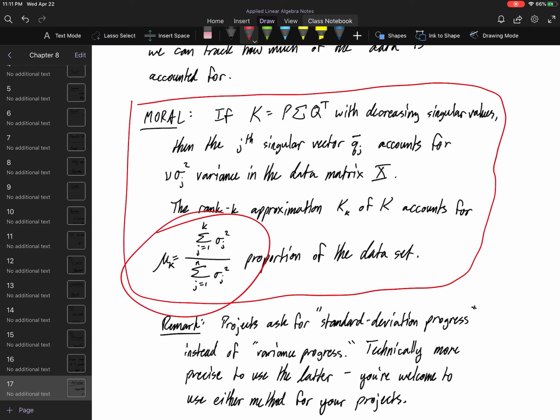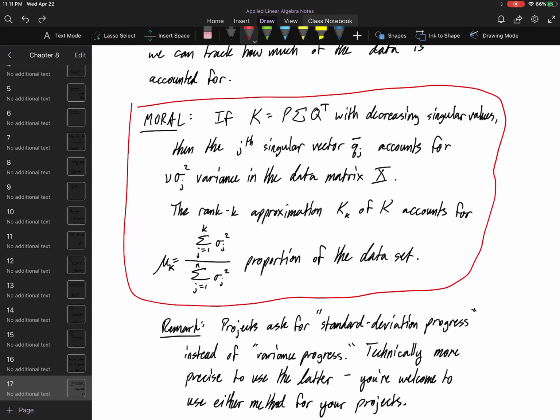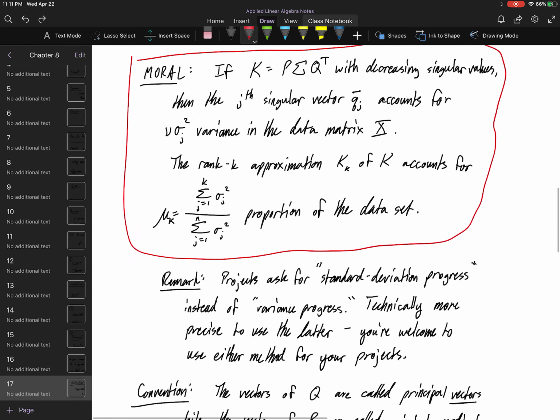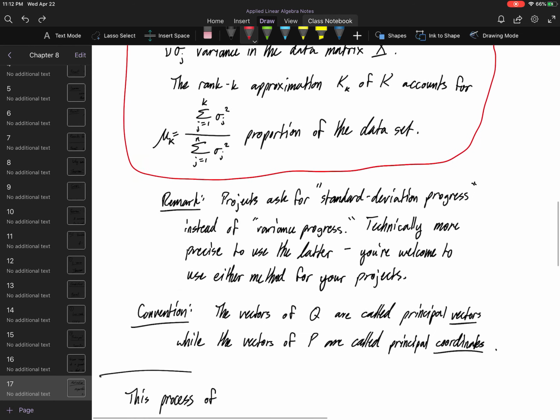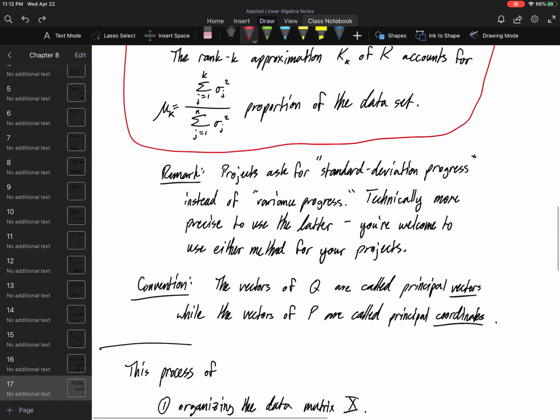So if you're asking for 50% of the data, 75%, 90% of the data, there's going to be a k that you have to compute here. You have to figure out how many singular vectors are going to get you that much data. But we do have a nice characterization of how much of the data is in there by computing this ratio of how much variance is contained in the first k singular vectors